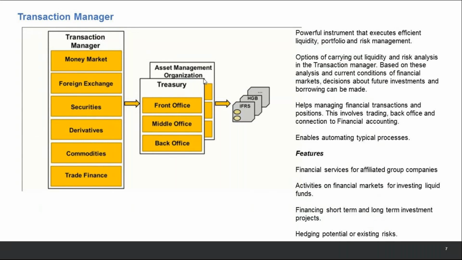It is a tool where we can create our deals, settle our deals, perform the correspondence, check the accounting, check the payments, check everything from this tool. In case of errors, we can check the errors, and the position, whether something is booked into position or not. So everything comes under Transaction Manager.